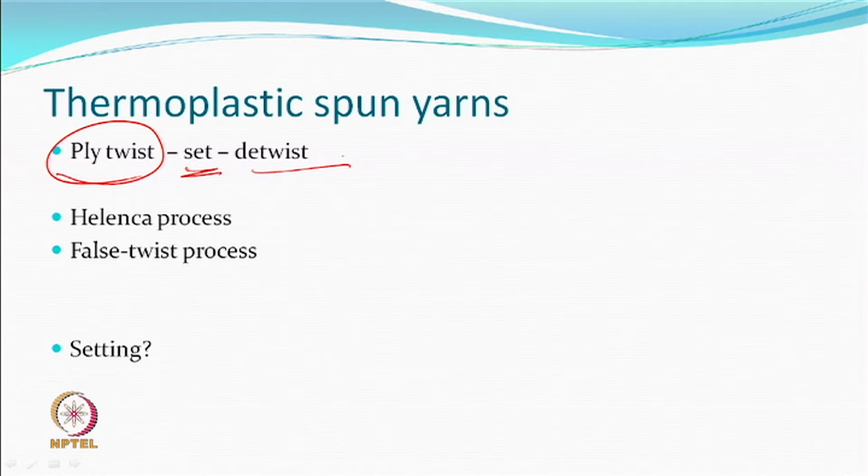This is the same type of process which we understood otherwise was a Helenka process or a false twist process. So, one can use and employ these processes, Helenka being a batch process, and false twist a continuous process, and the setting will be done by heat,